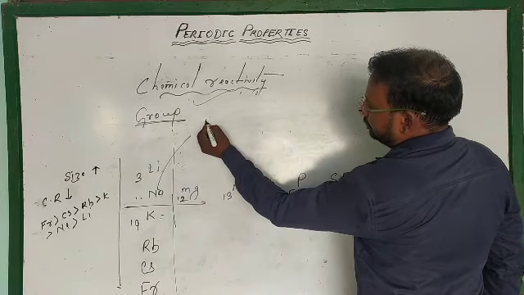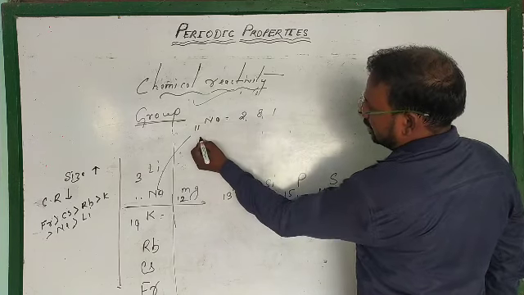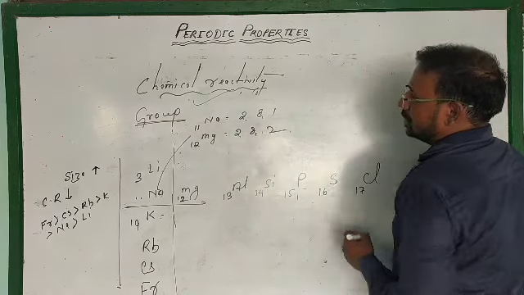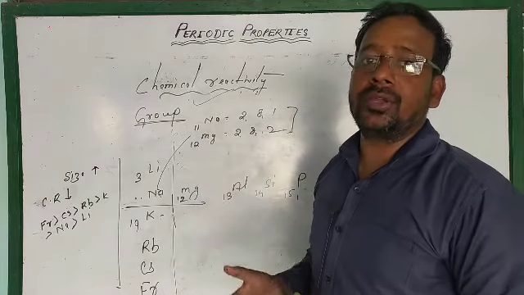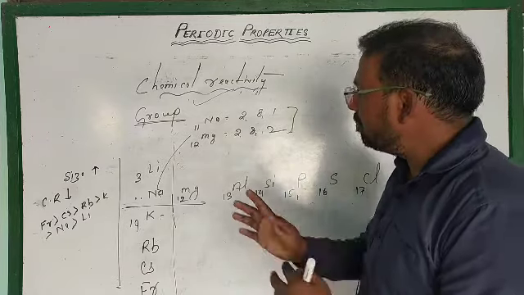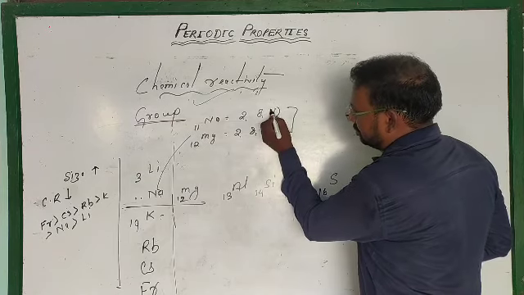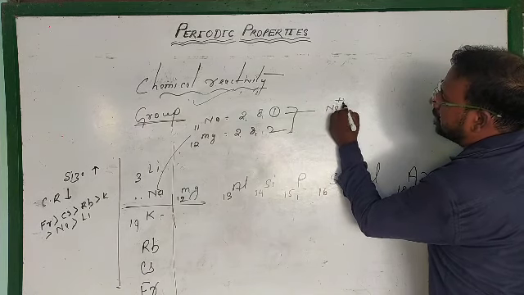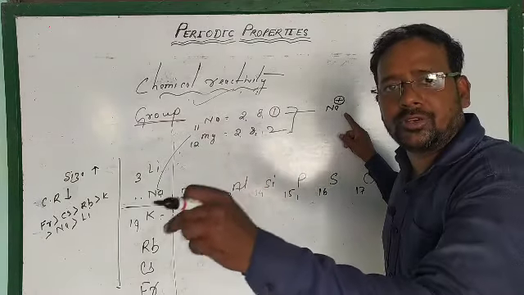In the case of sodium, the electronic configuration is 2, 8, 1, and magnesium, which is 12, is 2, 8, 2. Just compare the chemical reactivity of sodium and magnesium. Which one has higher chemical reactivity? Simply sodium. Why? Because sodium has to lose only one electron, and it will lose one electron in very less time, and it will acquire positive charge because it is a metal, and metals always carry positive charge because they are electropositive.